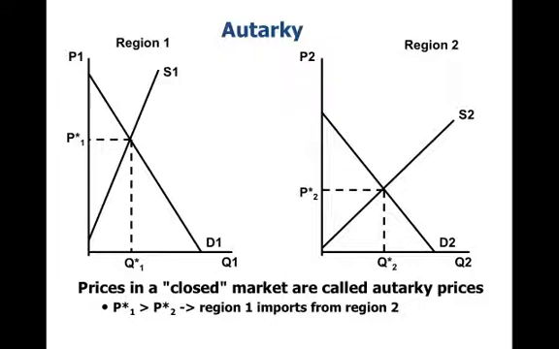Now this tells us something that's very important, because it would tell us that there's an incentive to buy in the low price market, the market for region 2, and then export that to region 1 and sell at a higher price. So region 2 would export to region 1. Now we can look at this the other way and say that region 1 imports from region 2. It's the same, we're saying the same thing, it's just that we're reversing how we're talking about it. The thing that's important is that product is going to flow from region 2 to region 1.